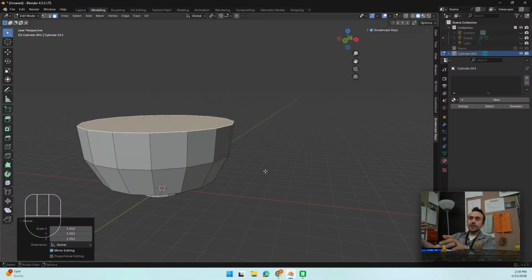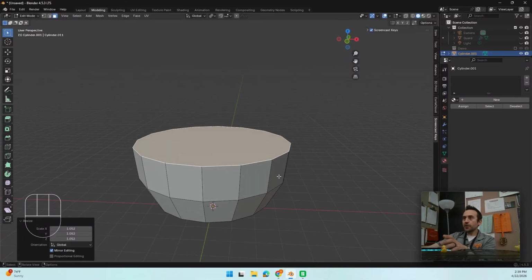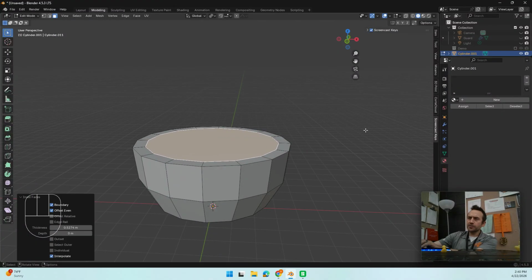I just want to do the inside of the bowl next. So to do that, first thing I'm going to do is I'm going to inset that top face. So I'm going to press I for inset. And I'm going to go in just a little ways, really as thick as you want the bowl to be. I'll make it pretty substantial, so I'm going to go about there. And then I'm going to press E for extrude and go down. The problem is,